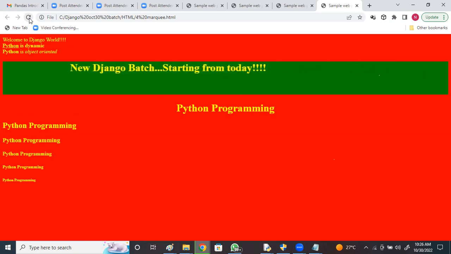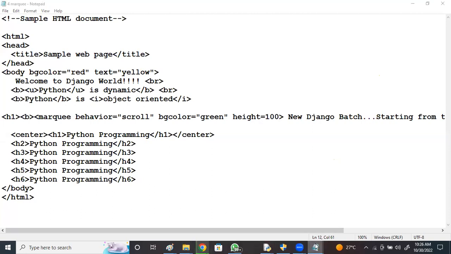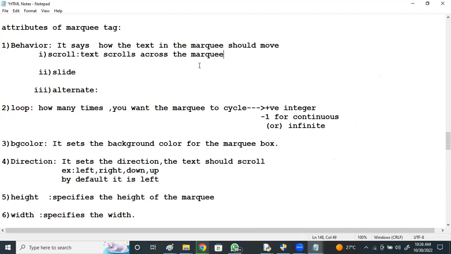It scrolls across the marquee. Text comes from one side and goes away from the other side.